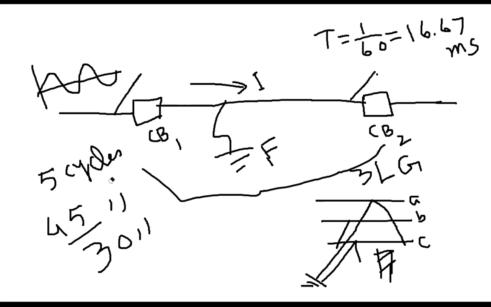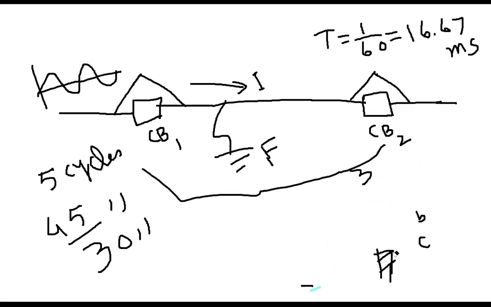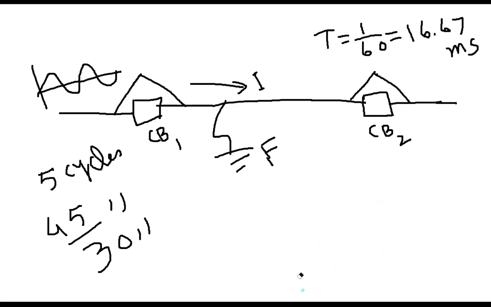Then again, because it is pre-programmed, it will take another 5 cycles and it will open. And then again, after some time, it will attempt to close. So what is the meaning of that? It is trying to close. Let me explain. What is the issue of reclosing? The issue is that